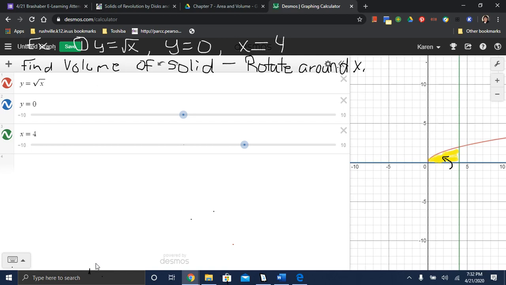So if you can visualize, I tried to shade in the flat area for you. And if you visualize that being rotated around, it might look like the end of maybe a ballpoint pen or the shape of a bullet, something like that. So what we will do, if you've looked at any of the material that I've given you, we're looking at finding basically the area of a circle and then multiplying that by